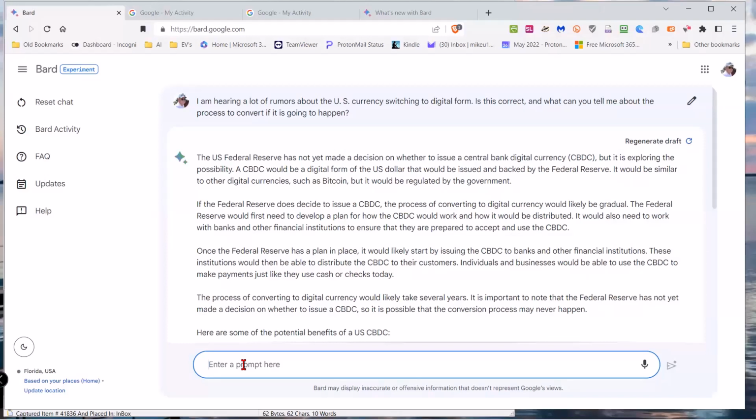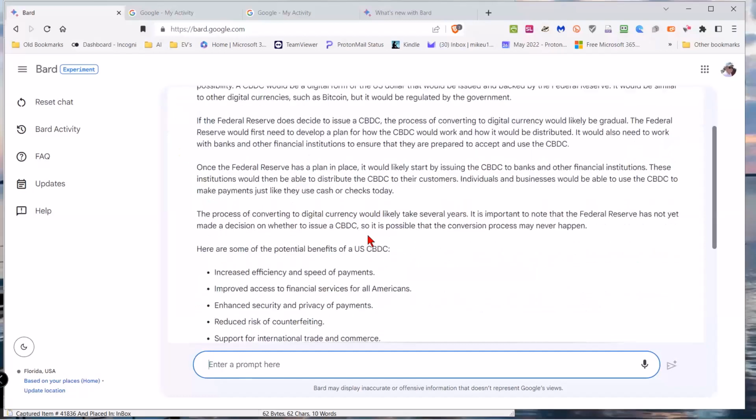Individuals and businesses would be able to use the digital currency to make payments just like they use cash or checks today. The process of converting to digital currency would likely take several years. It's important to note that the Federal Reserve has not yet made a decision on whether to issue a digital currency, so it's possible that the conversion process may never happen. Then they go on to talk about the benefits